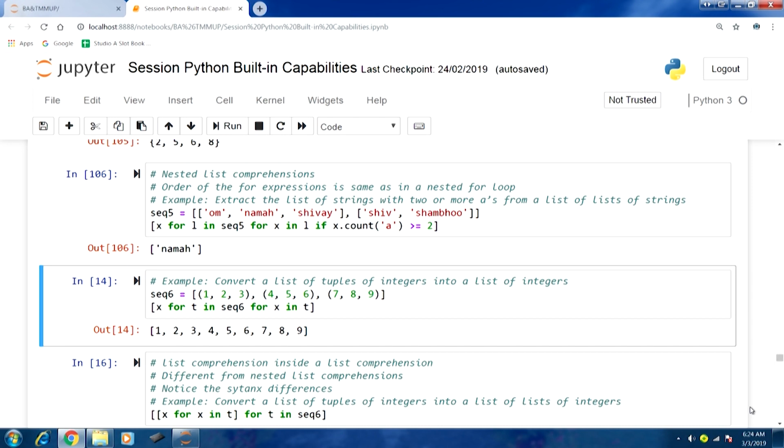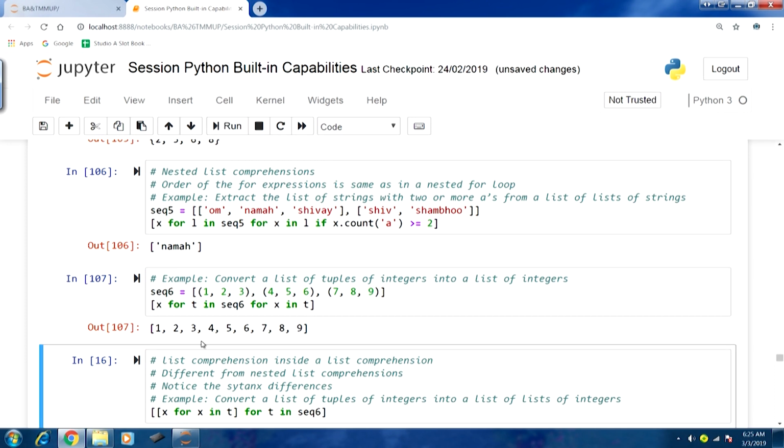For each tuple in that sequence the transformative expression is X. In the nested comprehension that we had, it is for X in T. The tuple is made of 3 scalar types here, so for each of them we would like to present them in the list format. If I run this, you can see in the output we have been able to in essence transform the list of tuples of integers into just a list of integers.